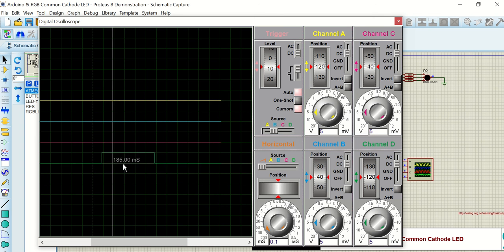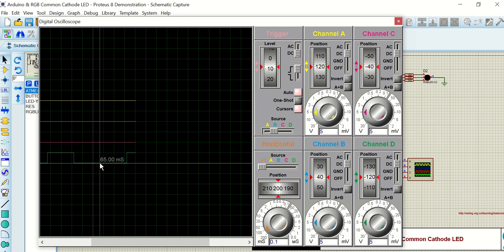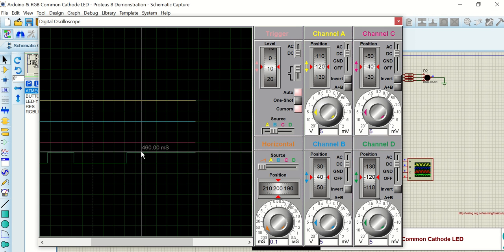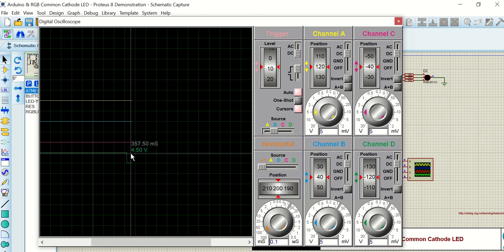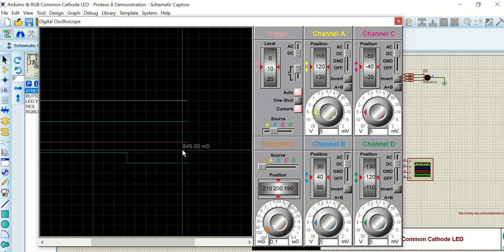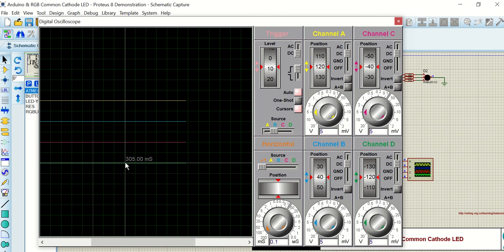So you can see that the time scale is in milliseconds, and the higher voltage is 5 volts and the lower voltage is 0 volts, right? So you can see the wave, and according to the code which we have written, we have a wave for voltage low and voltage high.